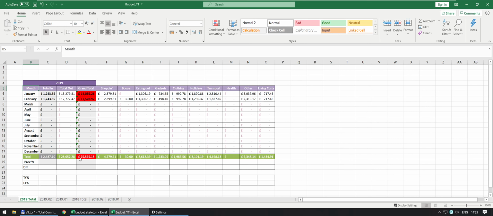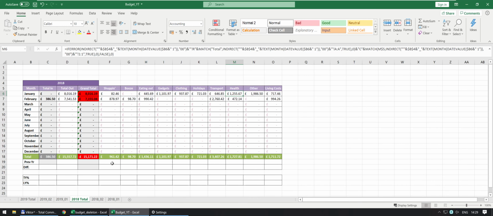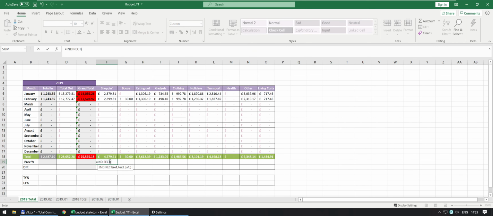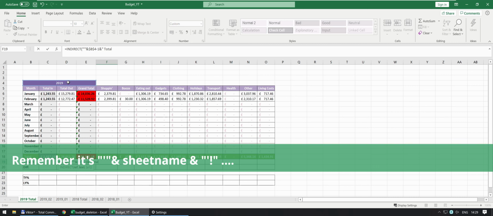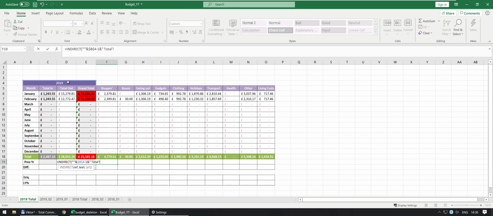So for numbers' sake, what we want to get for shopping is £961. So if I say indirect, and you'll need the single quote and that -1, and total, because that's your sheet name, and we're using those in columns again. So row is going to be 18 and column is going to be match this, and again fix your 5, and that's going to be another